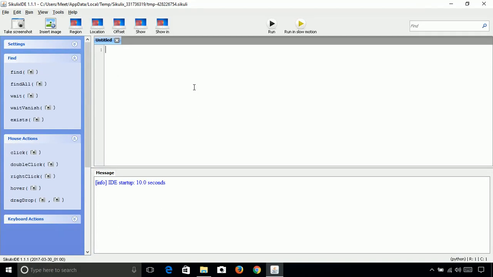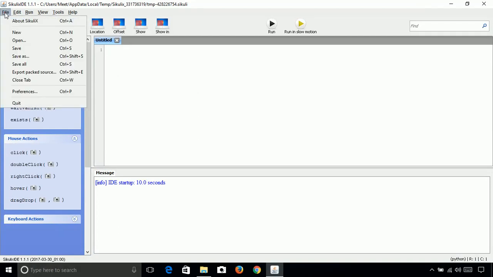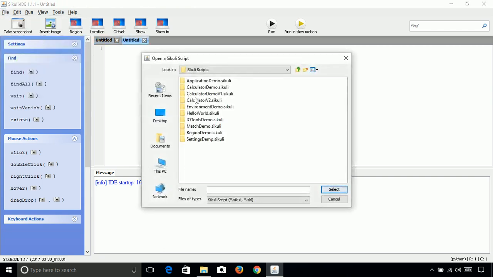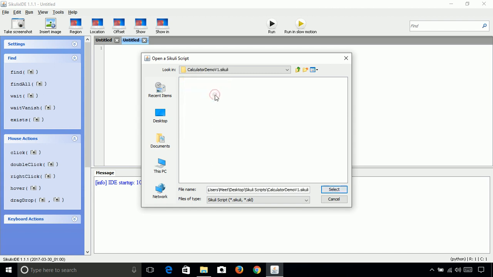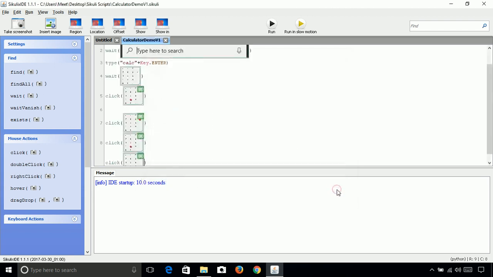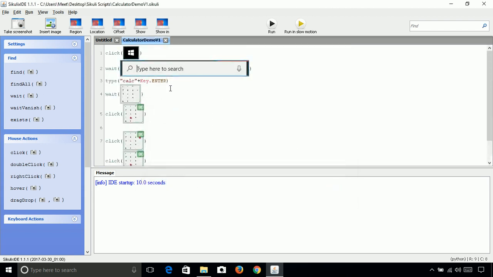Now in the CycliX IDE, first let's open our calculator demo which we have created earlier. So let me open that calculator demo, that is V1, and let's select it. Now copy the 3 lines which will be the same in our demo also. So let's copy this and paste it here.